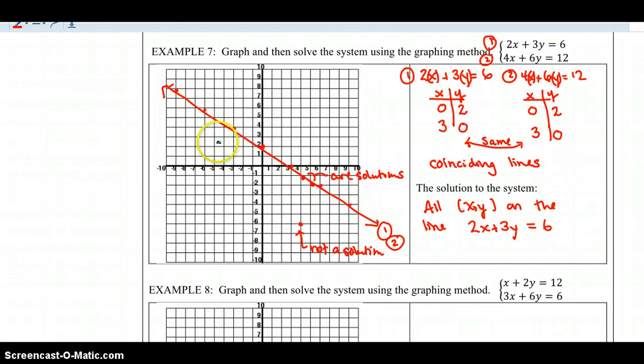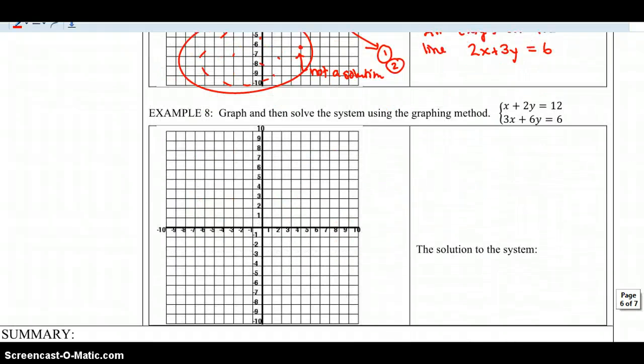So any points on the coinciding lines are solutions, but we've got a whole bunch of points out here, like all of these, and none of those are solutions to the system. So again, it's not all x, y that work, but just the ordered pairs on the coinciding lines. So if we take a look at this other example,